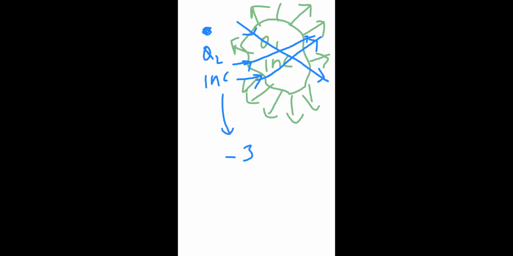So what is my final answer? Are you all getting this idea? This one will definitely be inside the cube or on the cube. And this 2 nanocoulomb charge, the third case, will be outside the cube. Then what will be the total flux? My total flux will be the addition of the remaining charges. So 8 nanocoulomb is the answer.